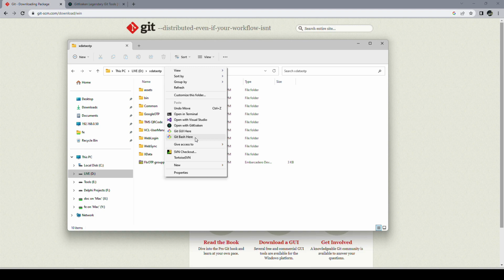I also have additional tools. Here you see the Git Kraken tool that I use, and also here for SVN I still have my Tortoise SVN. There is also Tortoise Git, for example. A lot of people use the Git desktop, I think it's called. So there's many different tools out there.